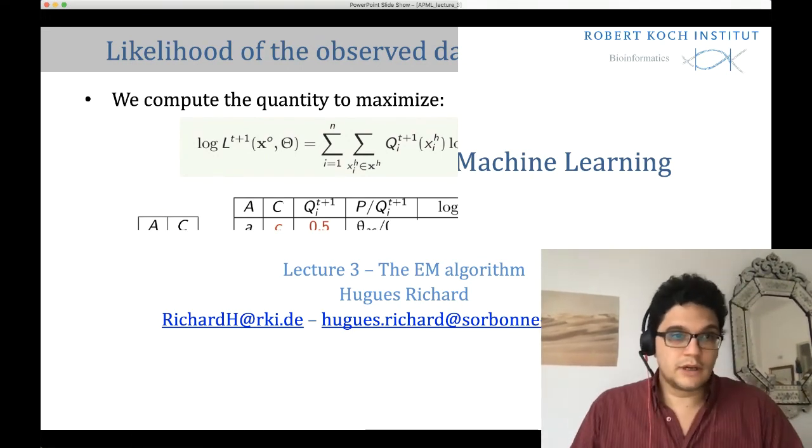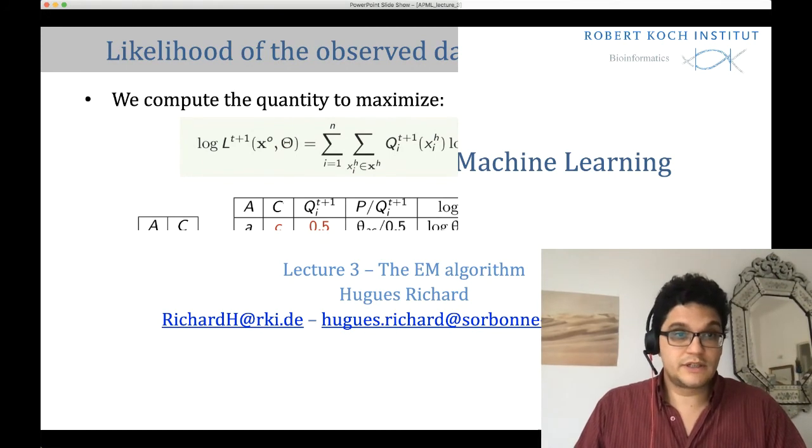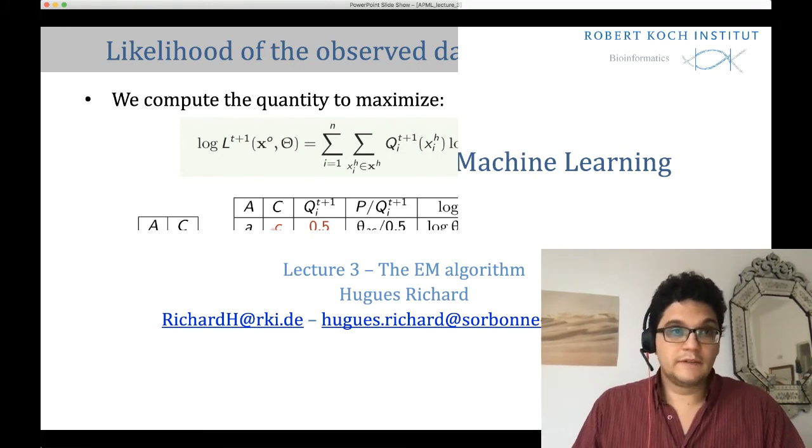Let's do the computation for each row, each value i. For x1, we have A equal to A, i equals 1, and then C can have the values C and D,